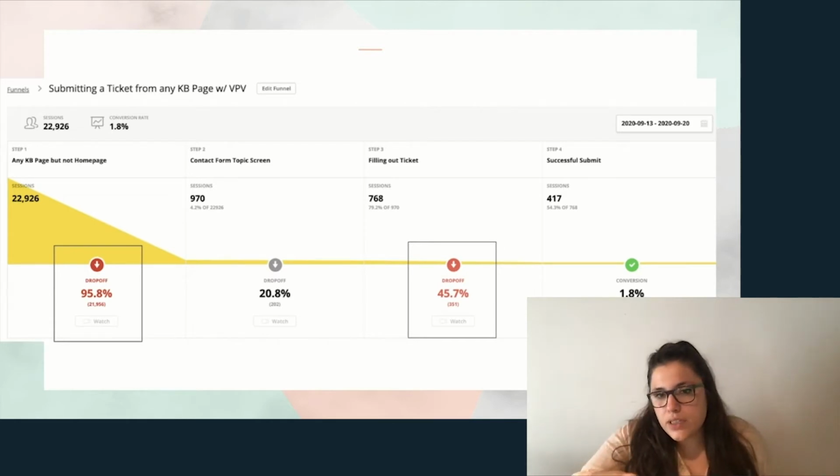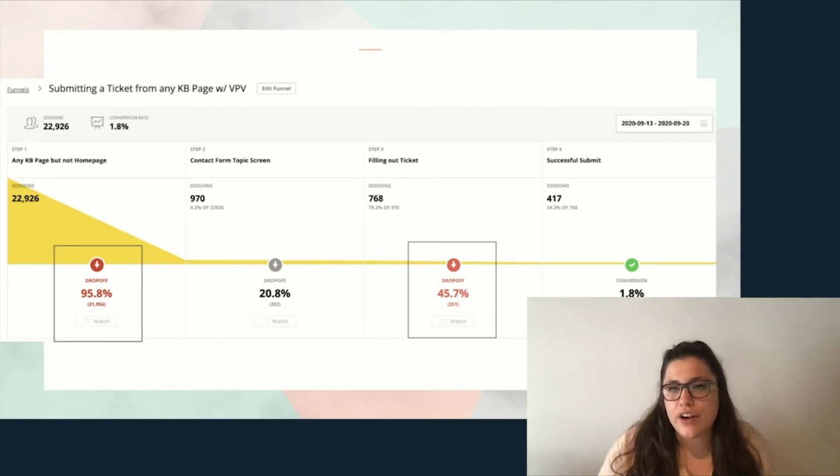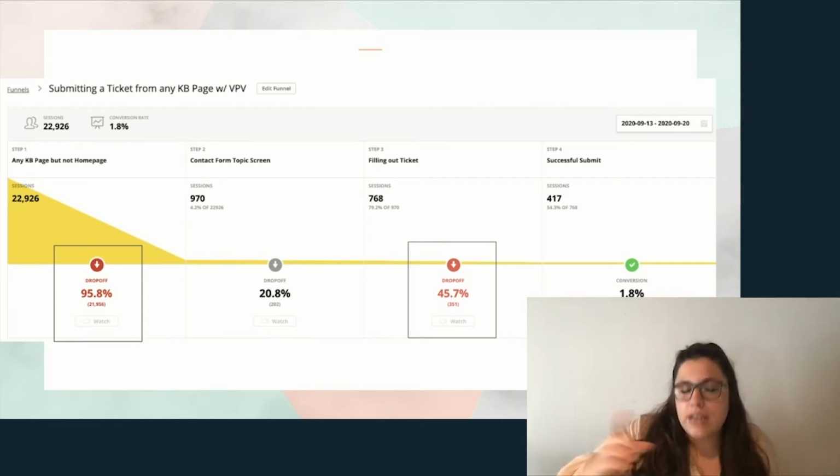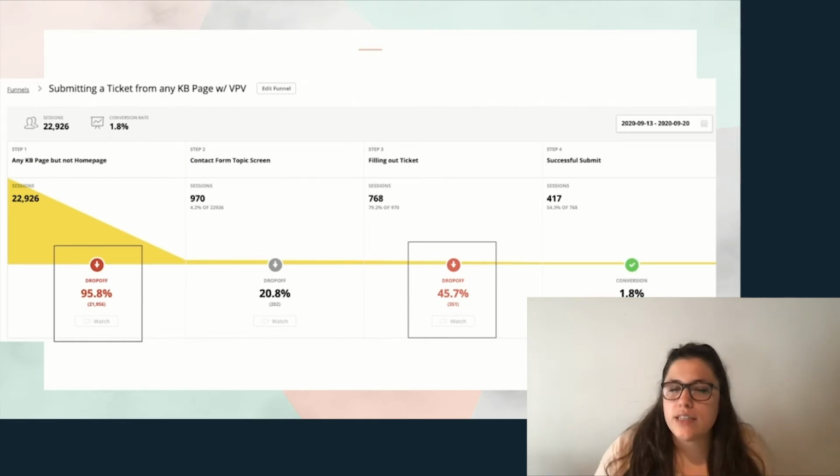The box numbers, those are a red color, and those tell us when our drop-off points are higher. The tool that we use is specifically for e-commerce, so it's bad for a number to be so high in an e-commerce sense, but in our sense, the higher the number, it has potential for being the areas where the content's helping the most.